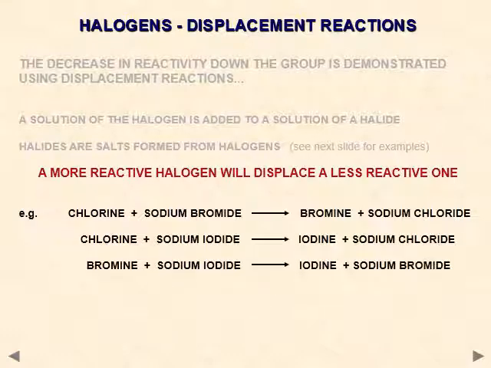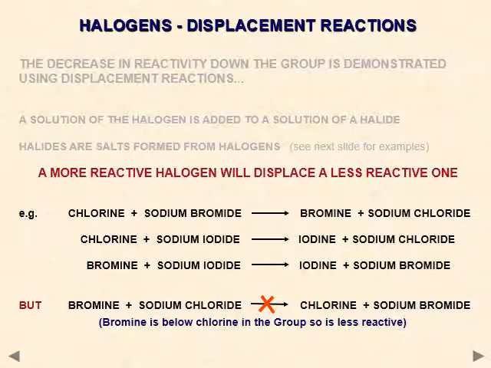So fluorine is the most electronegative. It has the highest electronegativity, so it can displace all of them. Below fluorine, chlorine is also very highly electronegative and a very strong oxidizing agent. Therefore, chlorine can oxidize bromide, chlorine can oxidize iodide, but bromine can oxidize only iodide and nothing else. So from these reactions, it is evident that the halogens on the top of the group can displace the halide ions which are lower down the group, but the reverse is not possible.